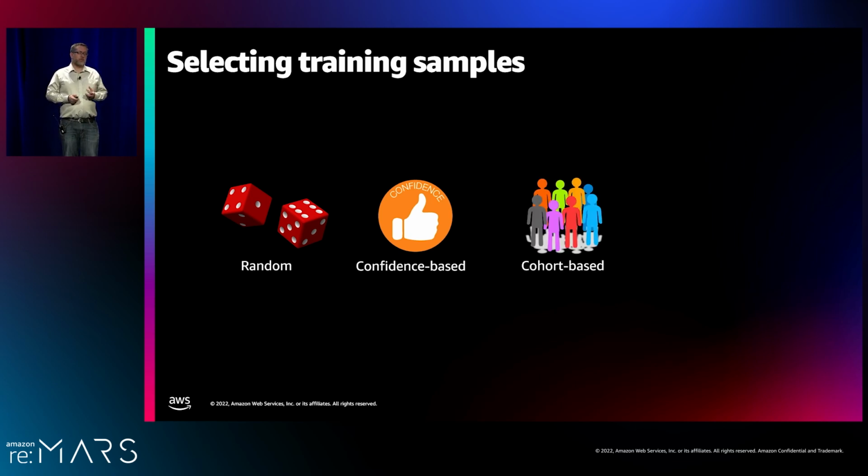And the confidence-based approach, combined with random sampling, does a pretty good job of giving us overall improvements across the board. But we wanted to also focus on specific use cases. So we also added cohort-based sampling. In cohort-based sampling, we are able to focus our training on a specific group of customers. For example, we might want to prefer to train on requests coming from a new device that we just launched. We want to get more data to train on from that device to improve the experience there. Or we might focus on a particular use case or domain, people asking about politics or asking to play music.